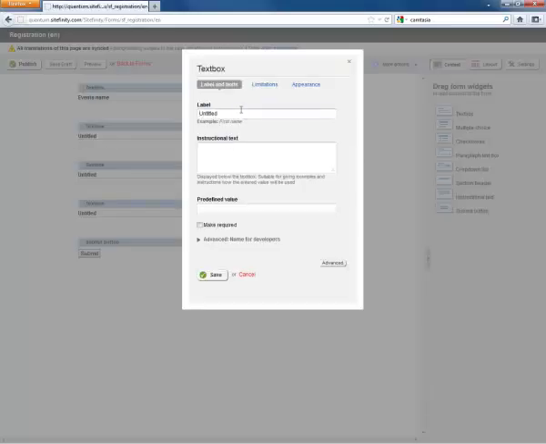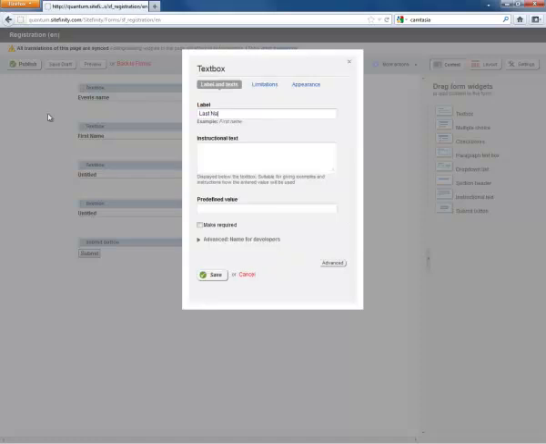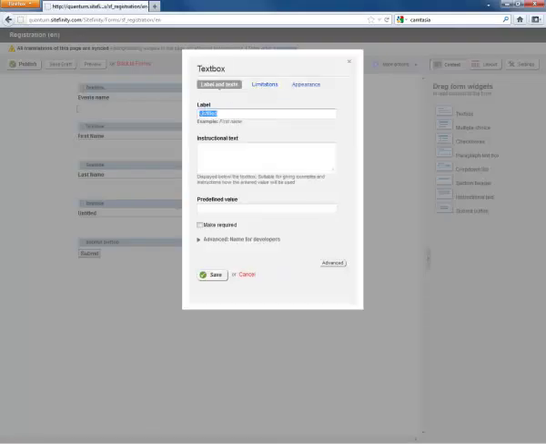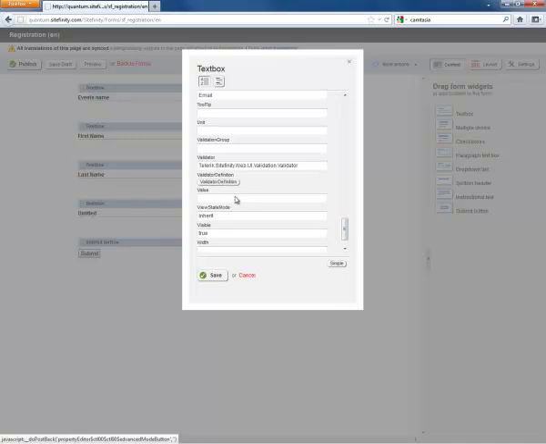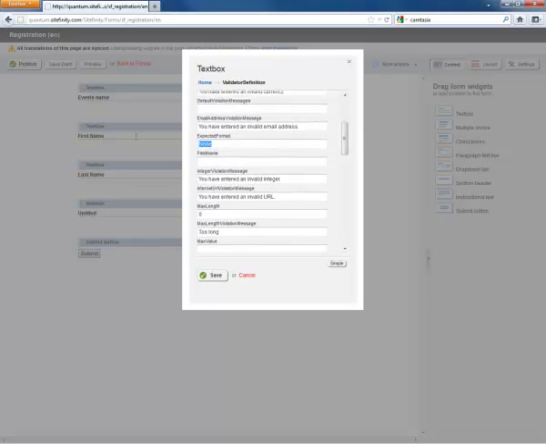Then, like I said, the first is going to hold the first name. This is going to hold the last name. And this is going to hold the email. So I can go to advanced and add a validator for this email data field. Go to validator definition, and then find the expected format. The expected format is email address. Let's click save,